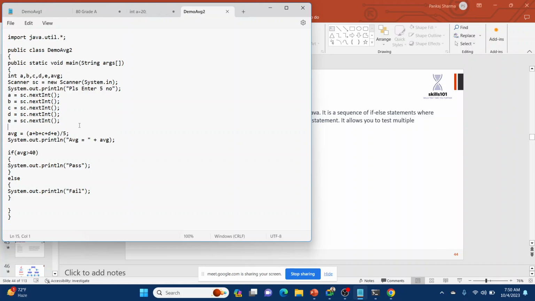So if average is greater than 80, we want grade A. And in one more else, we will write one more if. So if average is greater than 40, so it is pass.